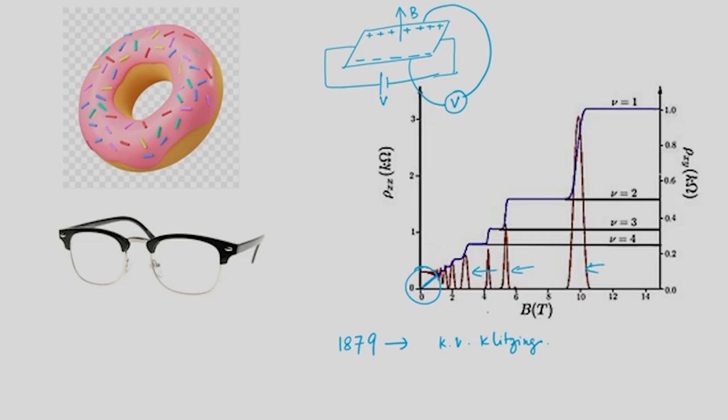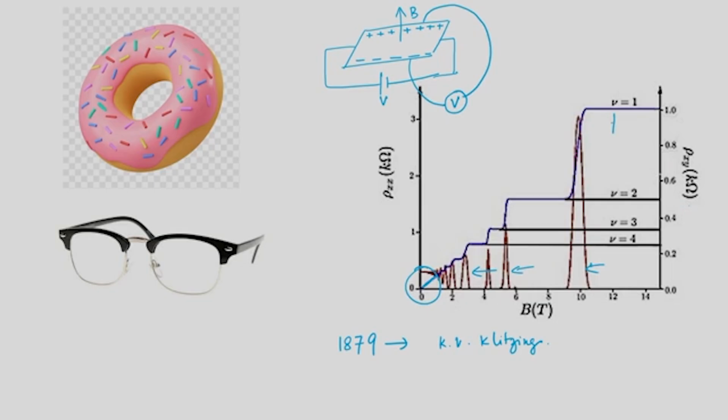And he found that when he goes to very large values of magnetic field, up to 15 Tesla, and 15 Tesla, by the way, is a very large field. Of course, in those days, it's extremely large, and you need to have a very large magnetic field facility in order to access this. He found that the Hall, which is shown on the right hand side of this plot,